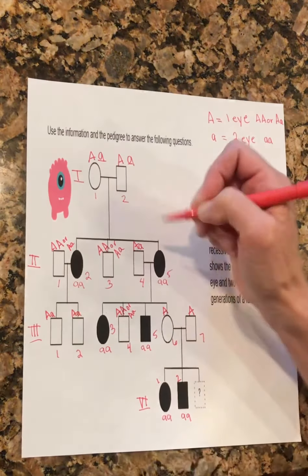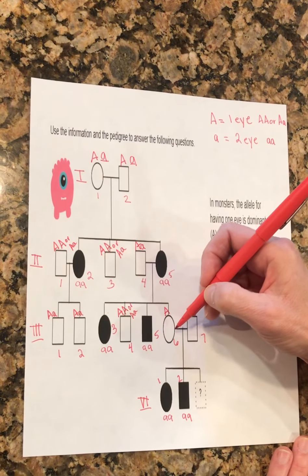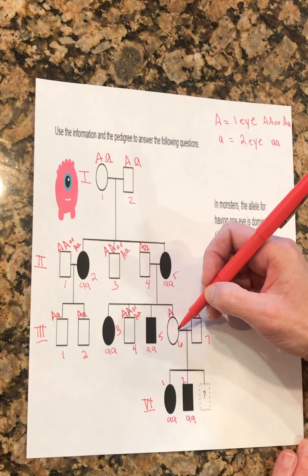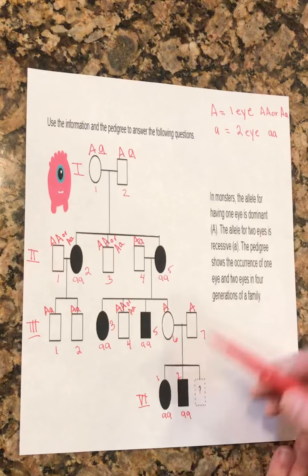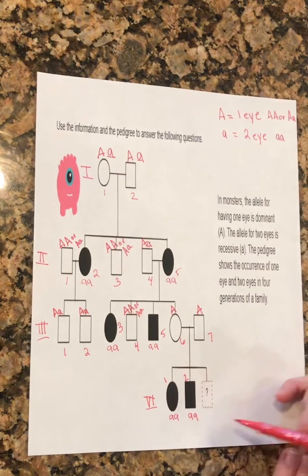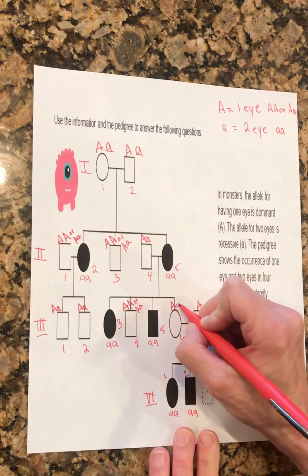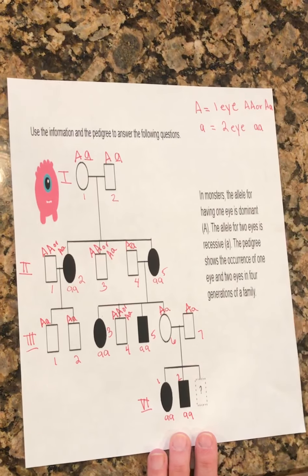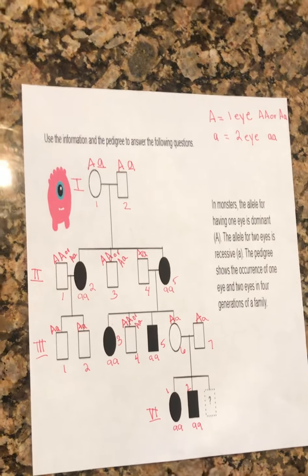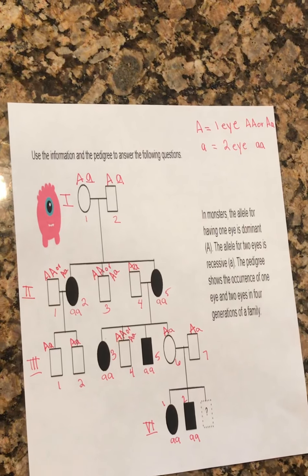Now we're going to look at the youngest daughter. She has one eye, not two, and neither does her husband. But if you look, their kids are both little a, little a, so the parents would have to be big A, little a. So when you move on to the questions on the next sheet,